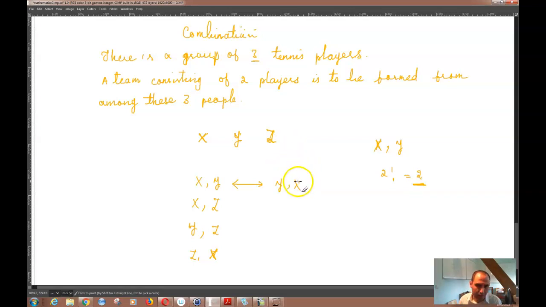So this is unnecessary information that I just don't need to write. In such cases where the order does not matter, you just simply forget about all the permutations related to each of the choices that you make, and then just simply write